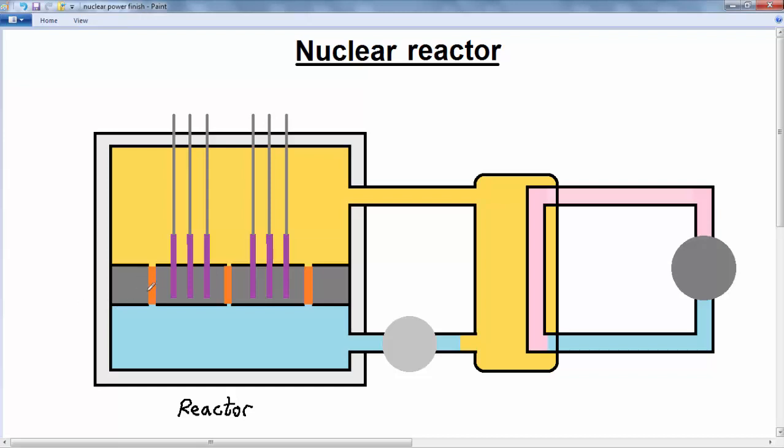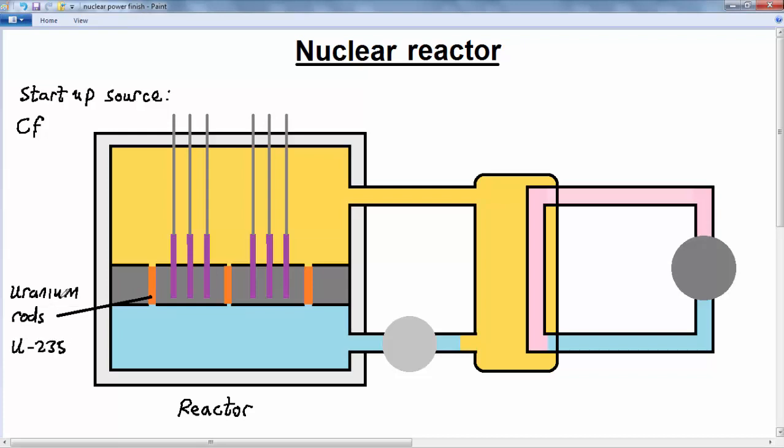If we're actually starting this reaction from scratch, this initial supply is known as the startup source, and a typical candidate for the supply of these neutrons is californium. Okay, so these neutrons will then interact with the nuclei in the uranium rods. So these are the uranium rods. Okay, so remember we're using